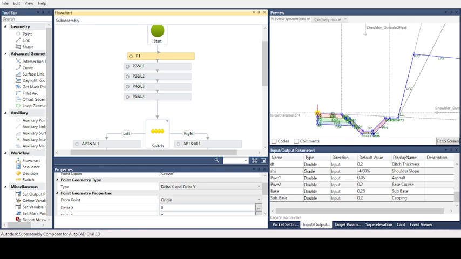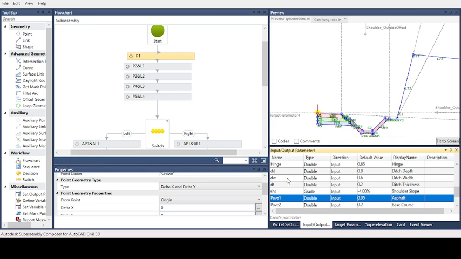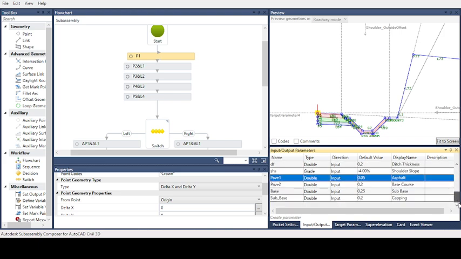This is the asphalt layer, the base course, sub-base, and capping layer. We will put the depth of these pavement layers. For now, this is an introduction to how we create this. Next time, I will work on this and we will work together. You open the subassembly composer and you follow each step to work more.